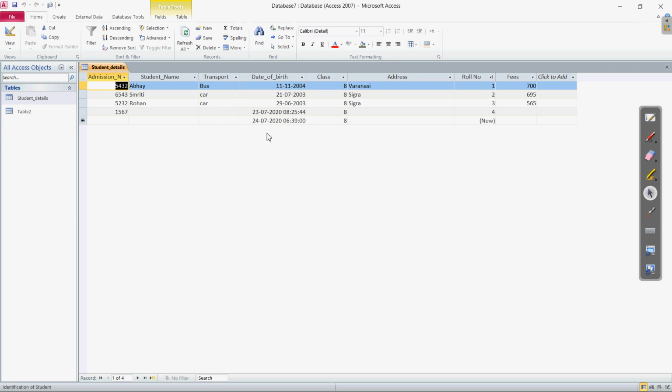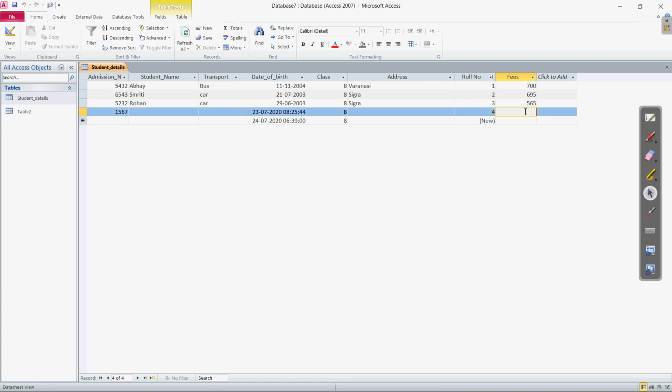So according to your database, according to the function which you have chosen, there are restrictions. Let me show you again the validation text which we have entered. Let us try to enter a fees amount in this. Clear? As we have made the validation text and validation rule, let us enter 400 here. Okay, press the enter key.